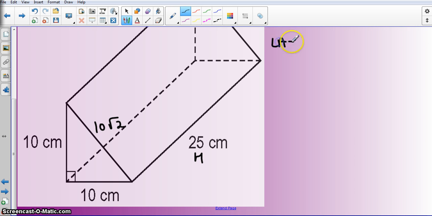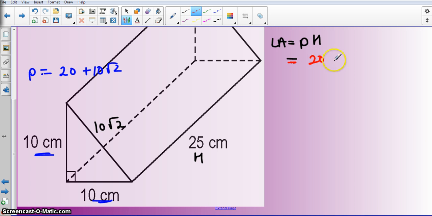Lateral area is the perimeter of the base times the height. So I'm going to go over here and come up with my perimeter. The perimeter is 10 plus 10, that's 20, plus 10 square roots of 2, and I cannot combine these because this one has a radical 2 and this one doesn't. So back over here in the formula, I get 20 plus 10 square roots of 2 as my perimeter,